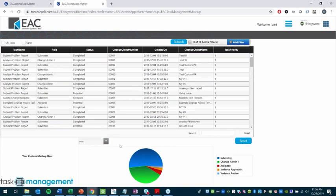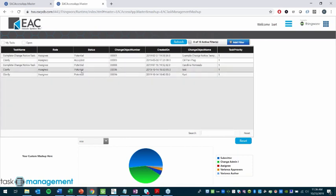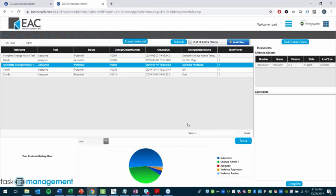Also can filter by role. So say if you have a bunch of team members here or a bunch of teams here, right? So engineering, design, manufacturing, whatever, you can also filter by that. So if I wanted to see who's working on what part and what is in their queue, I can do it by that. If I select one of these, it shows me the parts that are associated here,